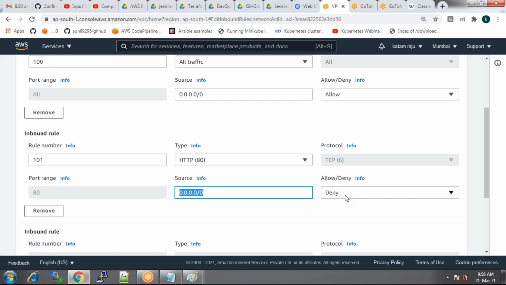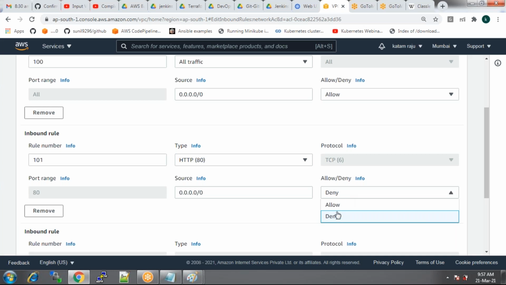This is denied. Now, this is the advantage we have with inbound rules. In NACL, for inbound or outbound rules, you can set allow and deny rules with some priorities. Whereas in security groups, we can only set up the allow rules. You cannot block any users. Are we clear? So this is another advantage of NACL. NACLs are set up with a set of rules with priorities, where we can set the allow rules and the deny rules, which is not possible for security groups. So these are the three important reasons you must mention when you talk about NACL versus security group.